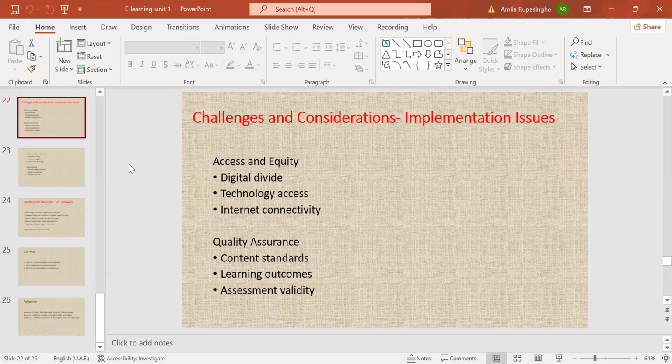Standards means based on some criteria we decide this is the level that we have to achieve. If this criterion reaches that level, then we say there is good quality. If we don't achieve that quality, we say it is less in quality.